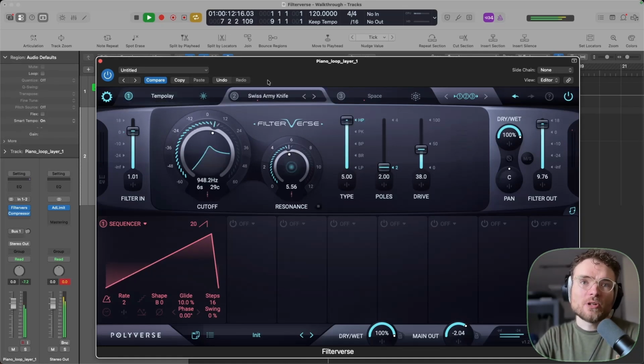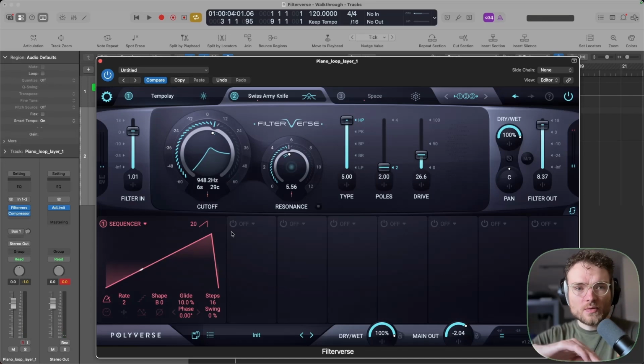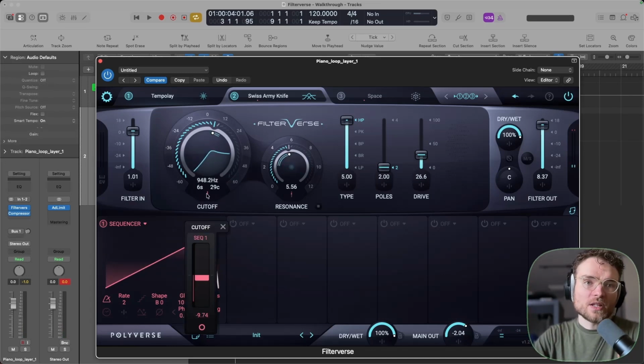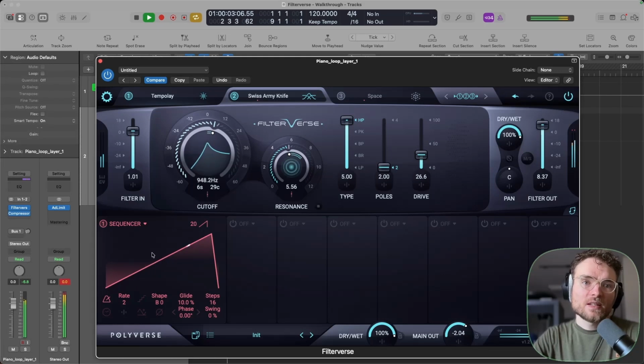The next module that I put on was just a basic Swiss Army knife running in a high-pass filter. It's getting a little bit gnarly, a little bit grainy there, but I like that in this case. A little bit of drive. And I'm actually using this sequencer on this 2-bar sort of slow slope, and I'm applying that negatively on the cutoff and positively on the resonance, just a little bit. So you'll see as it plays, it's going to apply this modulation to those 2 sources,